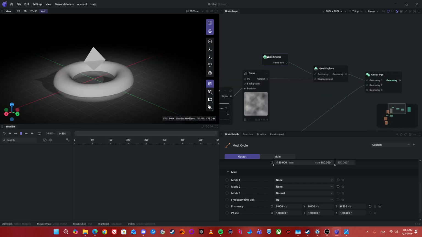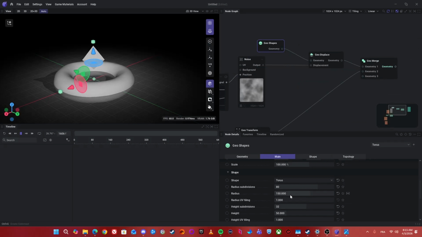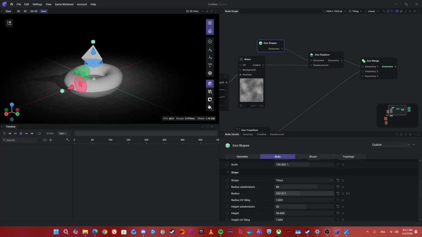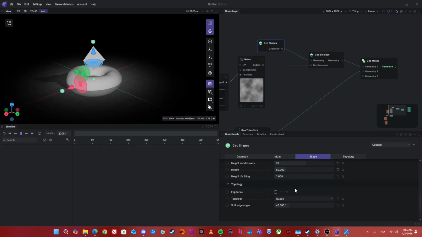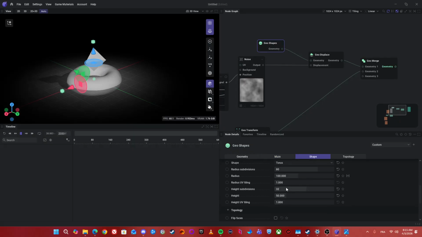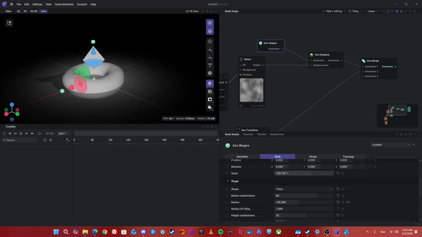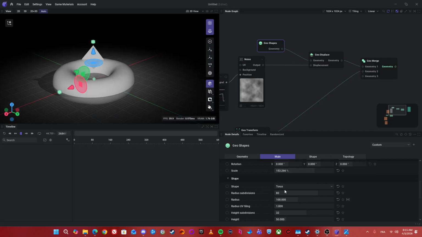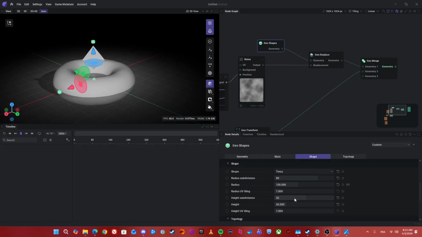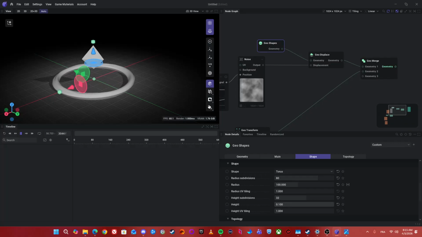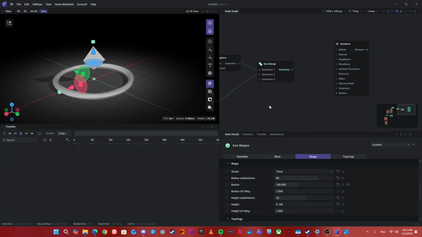Play with the torus radius, height. Well, set it like this to 100. What else can we modify? The scale, maybe. Well, no need for this. Looks like a donut. So height is gonna be like this. And then for